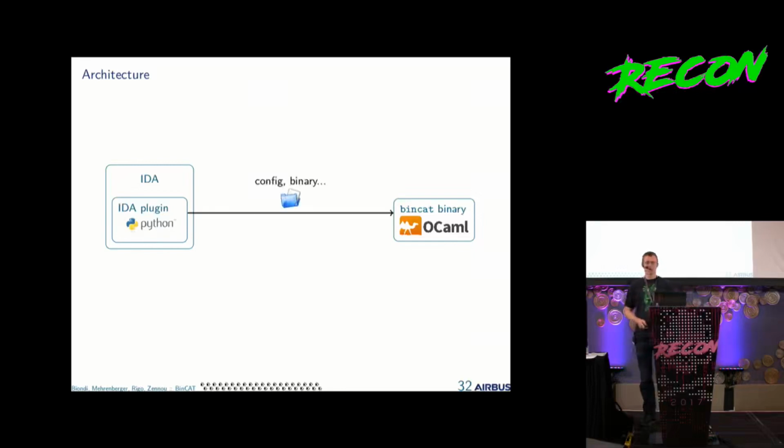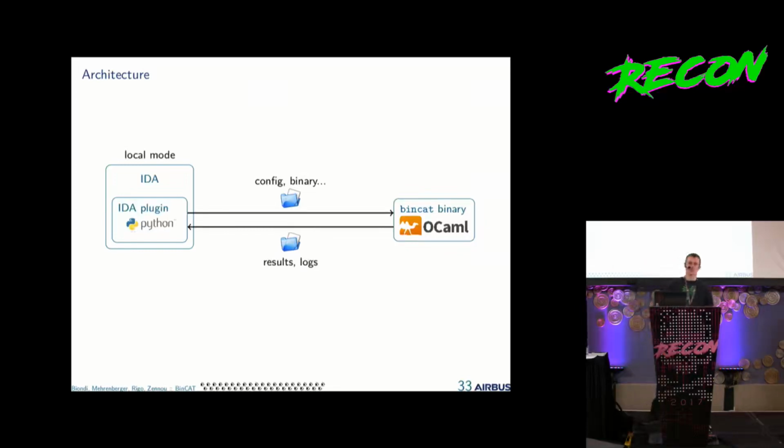So we create a configuration file that you have seen at the beginning, and we pass it to the remap binary to run the analysis. At the end of the analysis, BinCAT returns the results and the logs. So that's for the local mode, where you run the BinCAT binary and IDA on the same